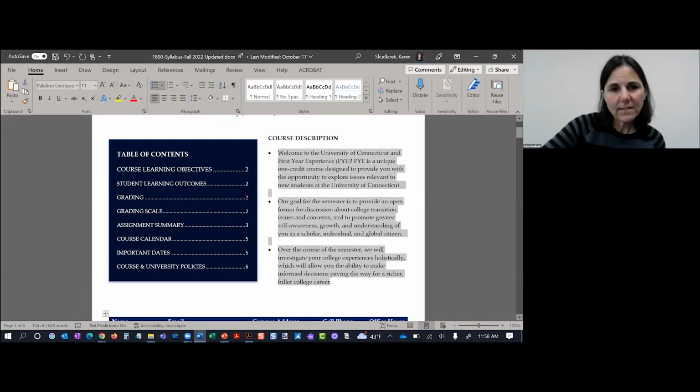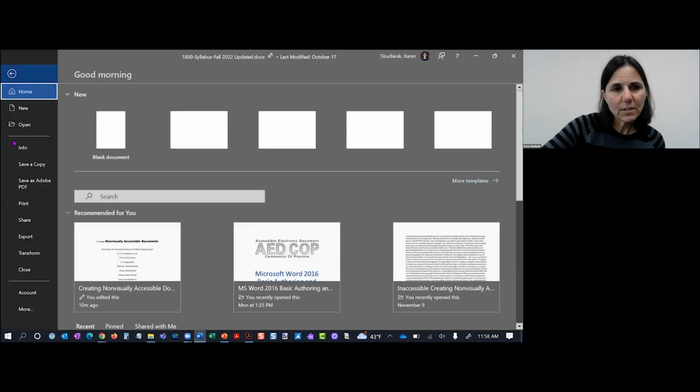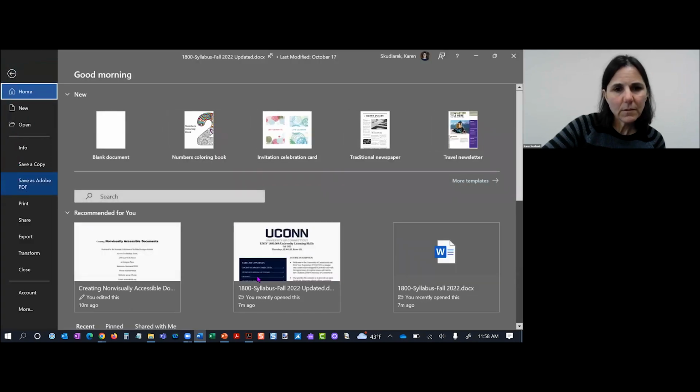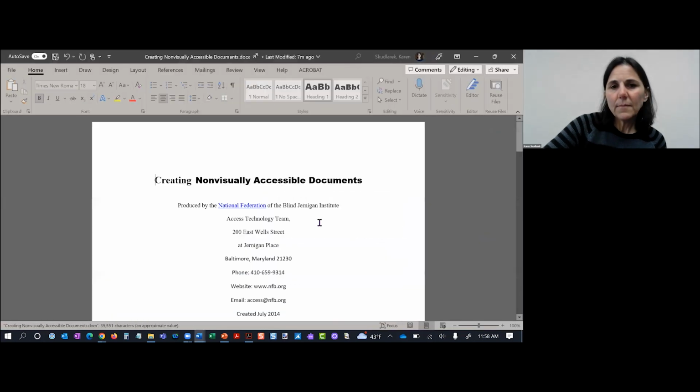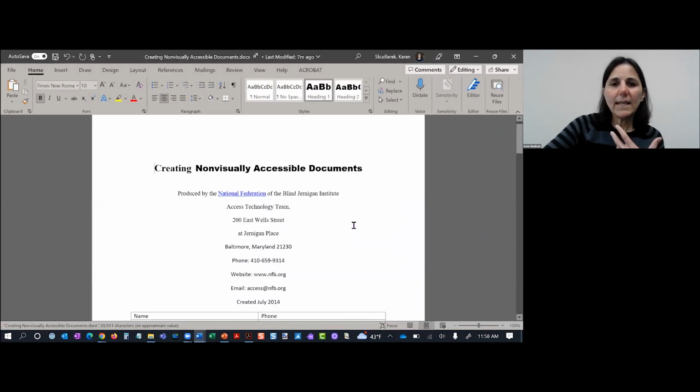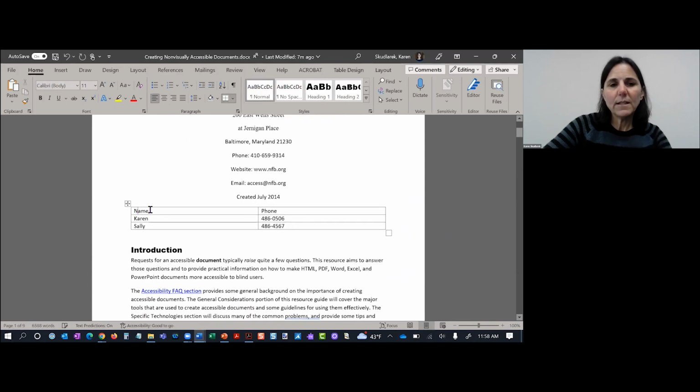So one of the things, as I mentioned before, is that people use tables to help lay out things. Let me just find one. Here we go. So you might put, I'm going to change this up though. I'm going to put Karen, as I'm the instructor, and this is my number. And then I have my TA that's working with me, right? And so I might do it like this. So let me just put it the way that it was,